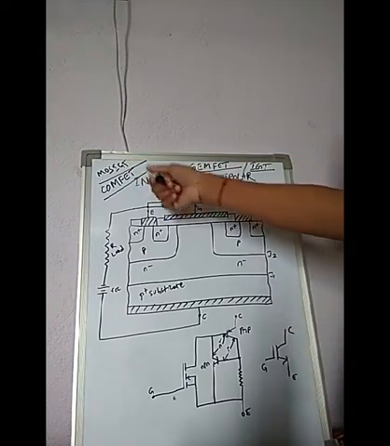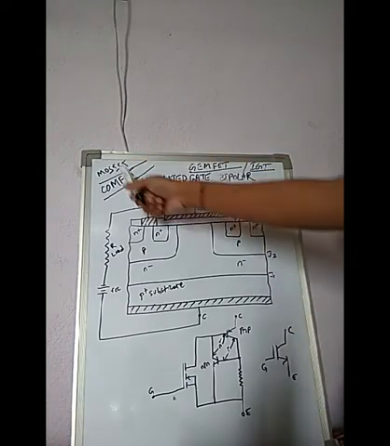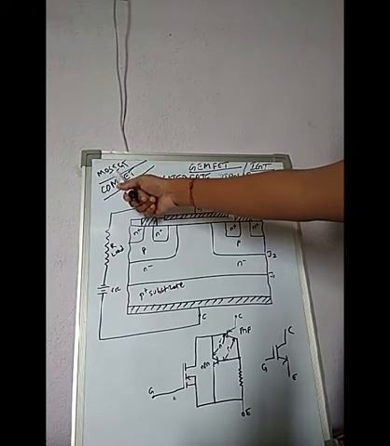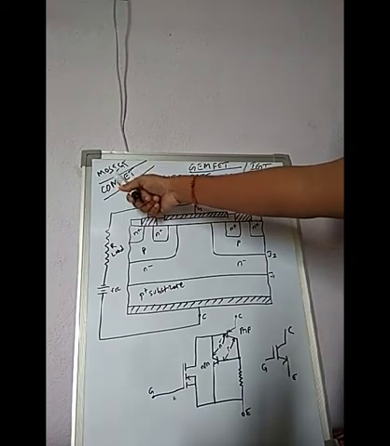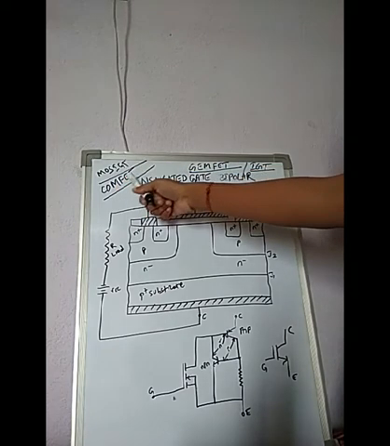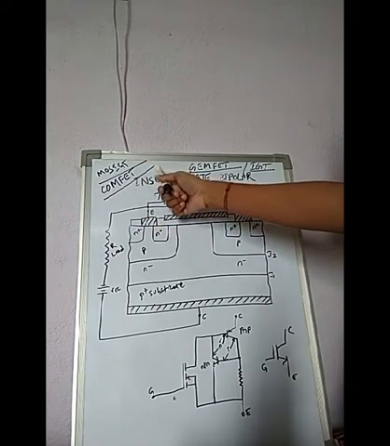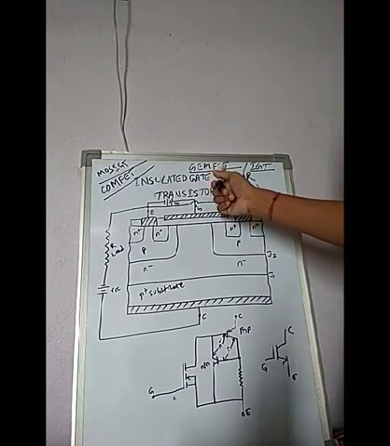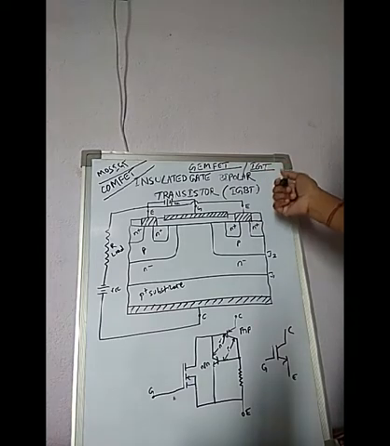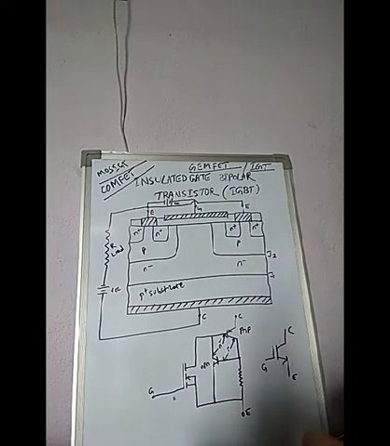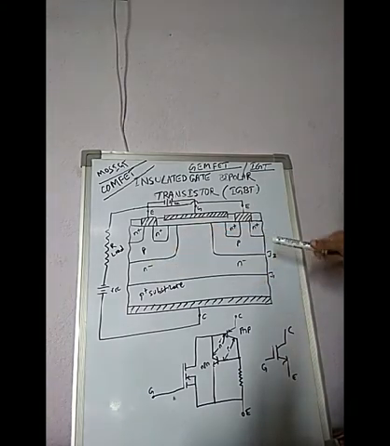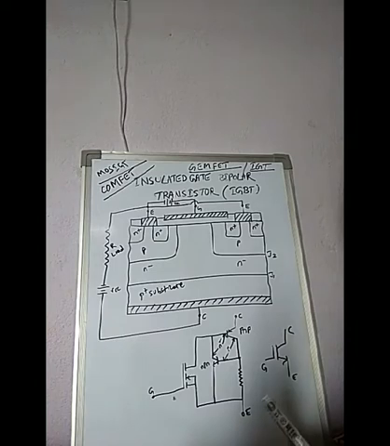So these are the different names used for IGBT: MOS-IGT, metal oxide insulated gate transistor; COMFET, conductively modulated field effect transistor; GEMFET, gain modulated field effect transistor; IGT, insulated gate transistor. Okay, so this is the origin of IGBT. Next we come to the basic structure and working of IGBT.